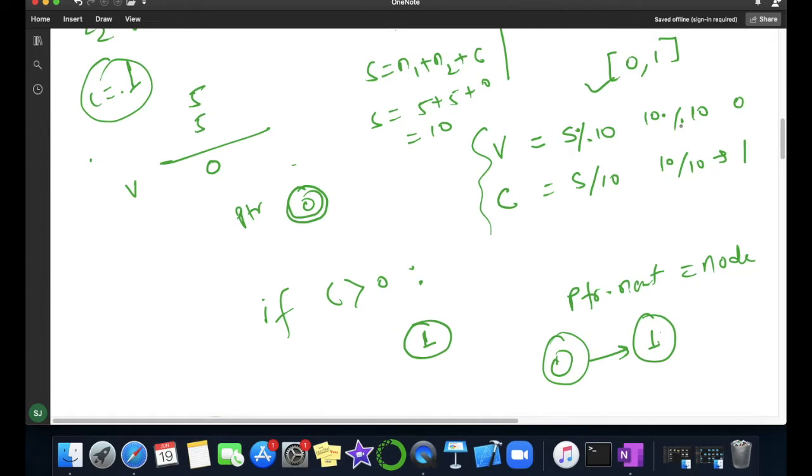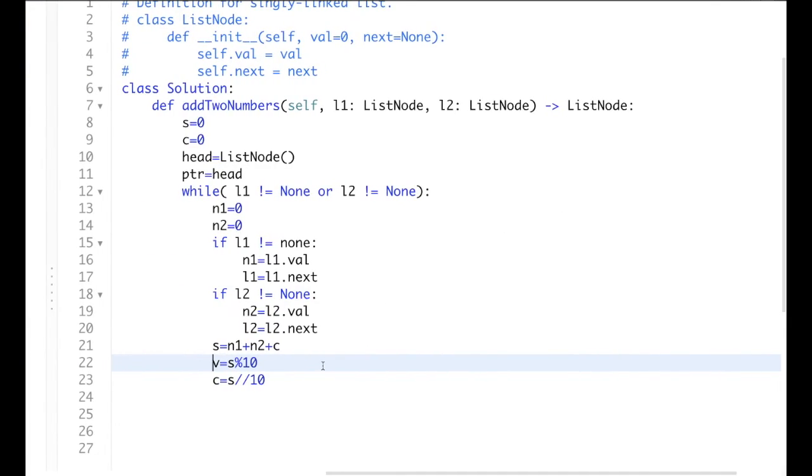So I have to give this value 0 in my new node. For that we will simply create a new node equal to ListNode and pass the value v. So we have created a new node and passed the value v.